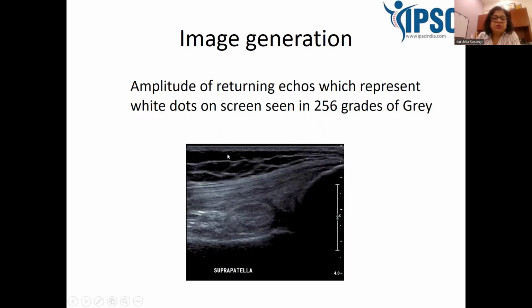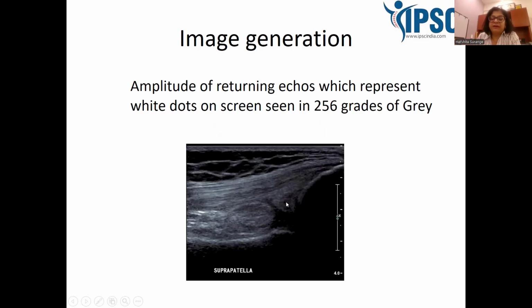Now this subcutaneous tissue has black areas here which are fat lobules, and these fat lobules are connected by interlobular septae. Underneath these lobules, you can see a fibrillar white structure. This fibrillar white structure is going and attaching to this white structure right here, which is nothing but the patella. How do I say that's the patella? Because it's a white structure with distal sharp shadowing. Now, this fibrillar structure is the patellar tendon.